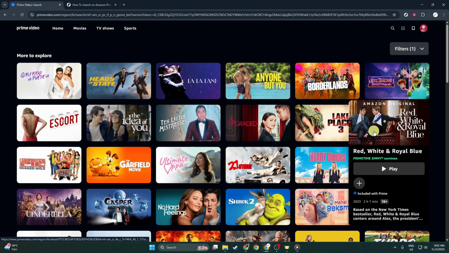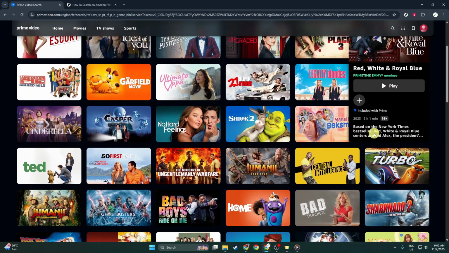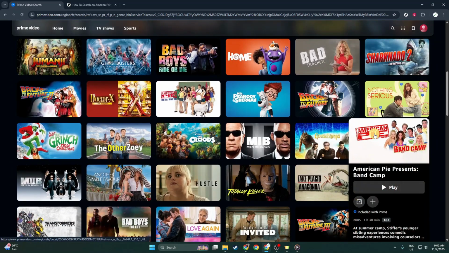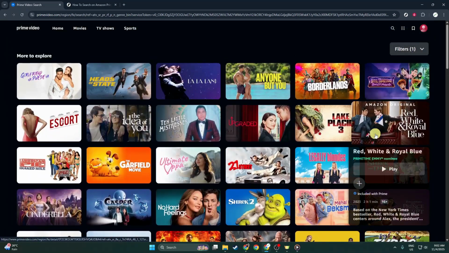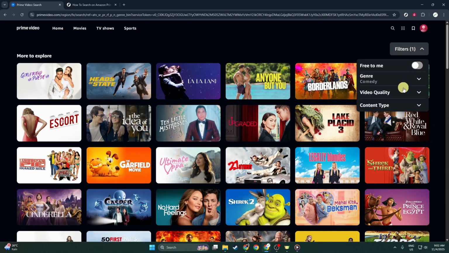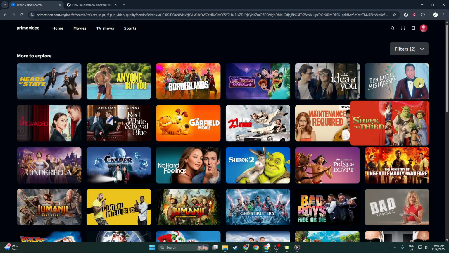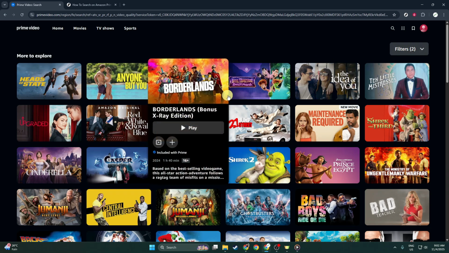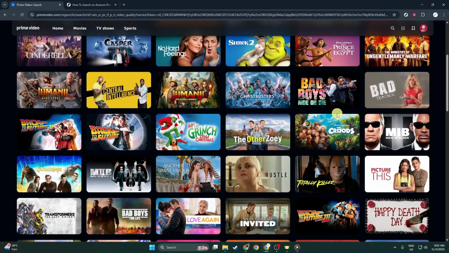For instance, if you're in the mood for a comedy, select the comedy genre. If video quality is important to you, you can opt for HD or 4K. Additionally, you can filter by content type to see only movies or only TV shows, depending on what you're in the mood for. Once you've set your filters, Amazon does the heavy lifting for you, presenting a curated list that